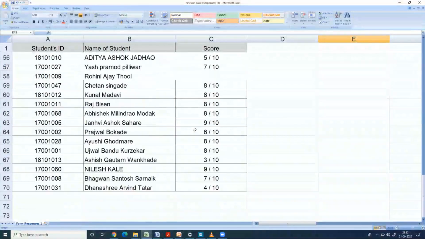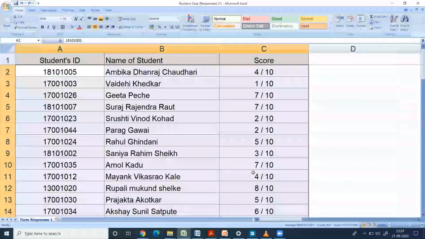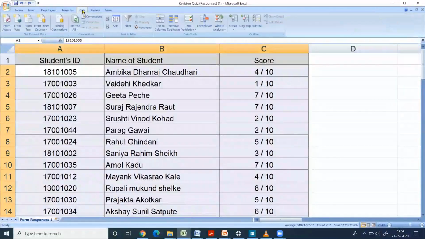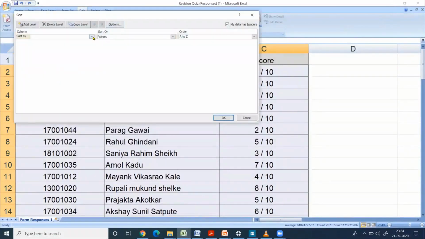Now this is how we can rearrange our data in proper format. Now suppose you want to arrange this as per the roll number, then you can select this and then go to this data and select this sort. Sort by student's ID.